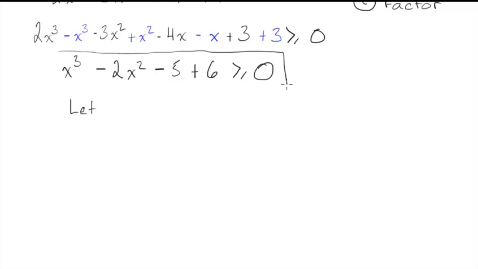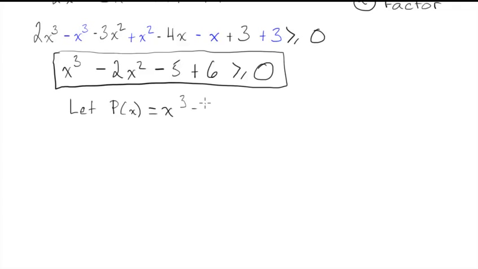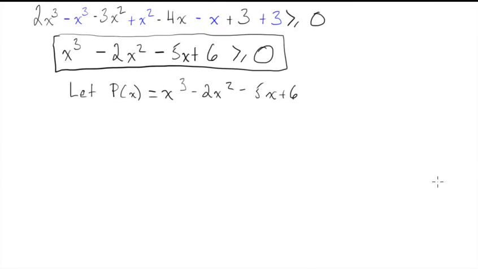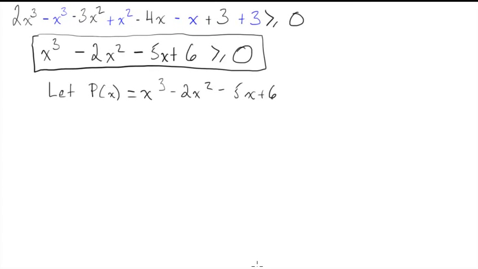So this is the inequality I'm solving. So let p of x equal this polynomial on the left side. I should have an x there. Okay, and we want to solve for when this is 0, so in order to do that we have to factor. So we have to use the Factor Theorem, meaning we've got to guess a factor. So guess, if we let that equal to 0, guess